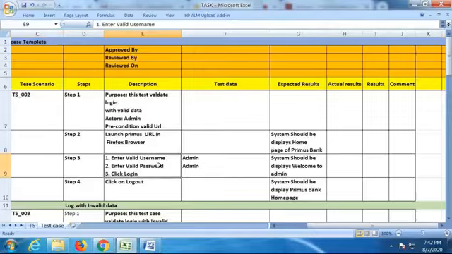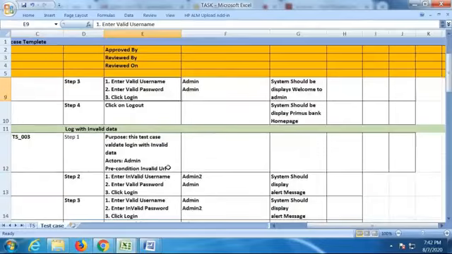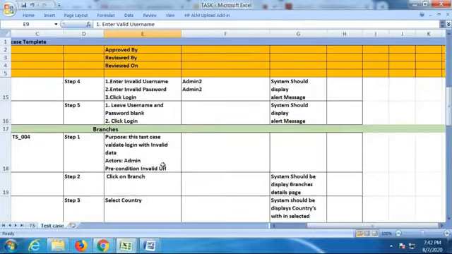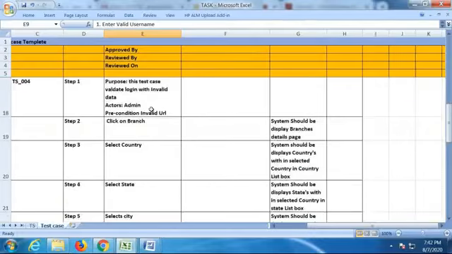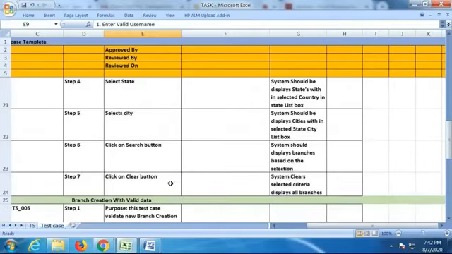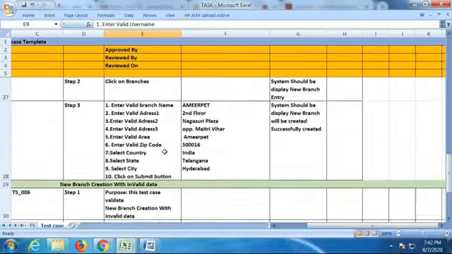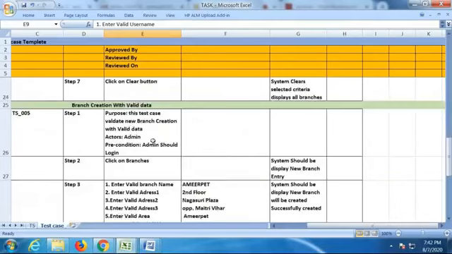Enter valid username. Okay. This login is okay. Login, you don't make mistakes. I know. Branch also. Okay. You wrote separate steps for it. Okay. Fine. Click on search. Click on clear button. Okay. Next, when you go with the valid data, see